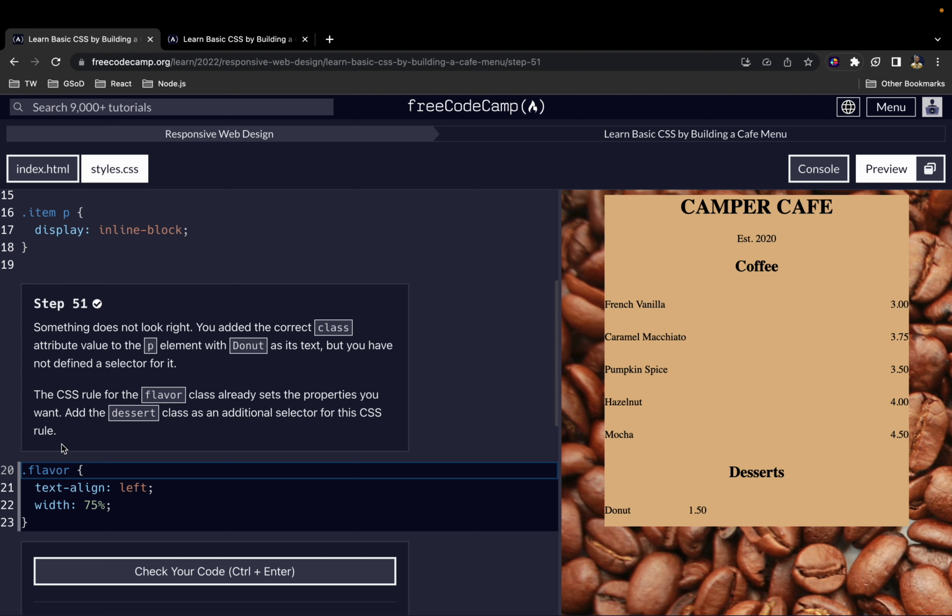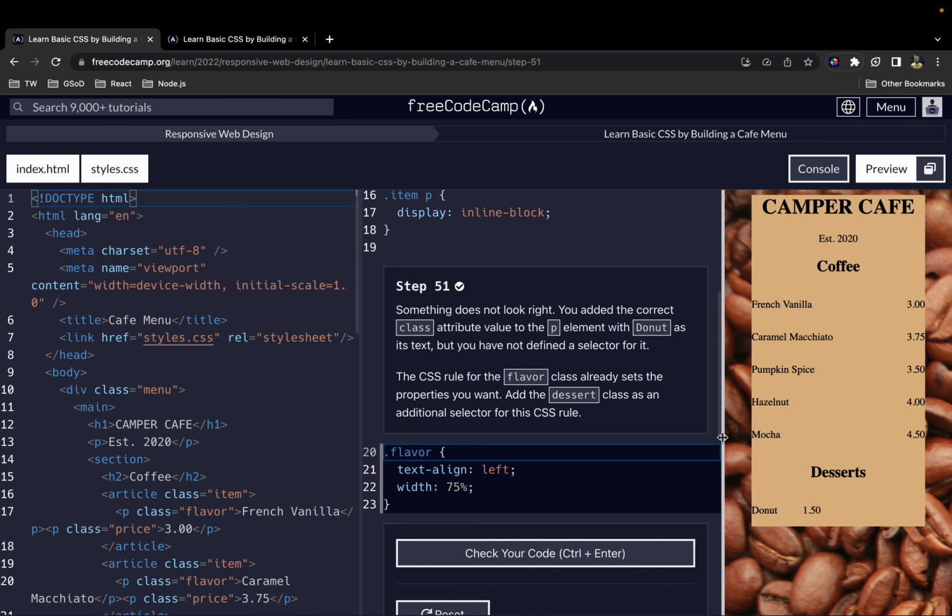Okay, so what we want to do right now is we want these dz here to have the same style as this, right? In other words, we want the dz to be on the left and the price to be on the right, but then on the same line. And we've already done that for the previous one, so there's no need to rewrite the styles. What we can do is we know that